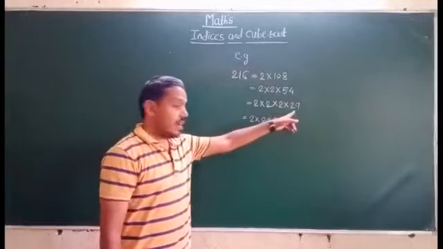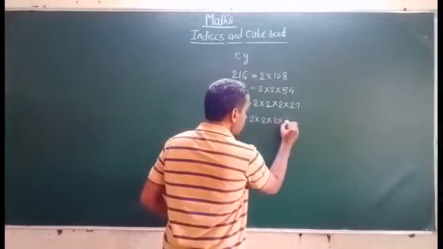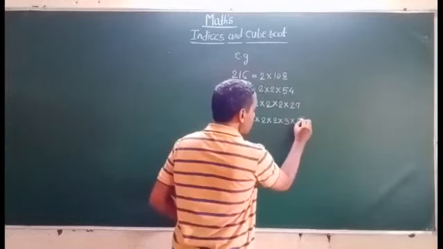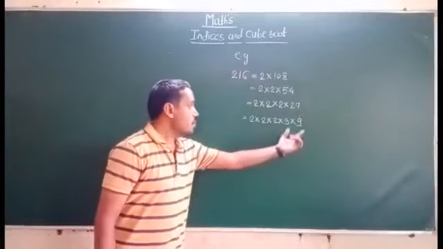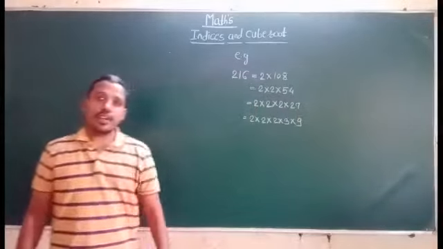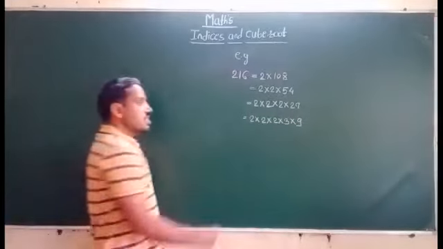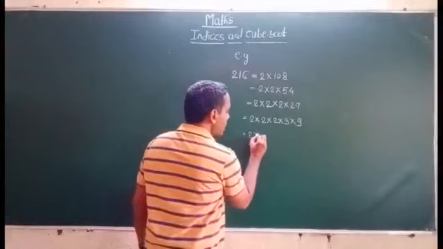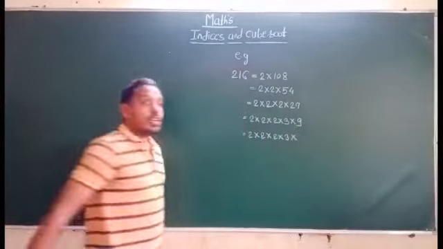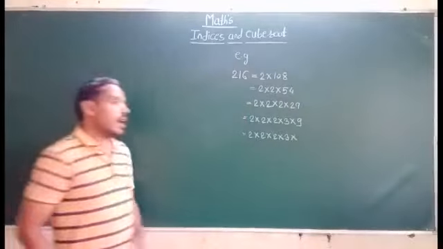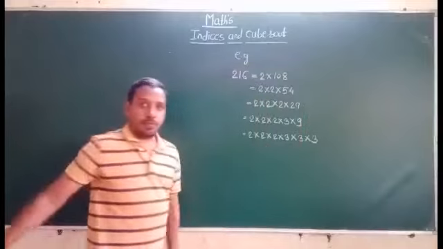Then is 27 divisible by 3? Yes, 27 is divisible by 3. And we split up 27 in a two-number product form: 3 nines are 27. We get 9. 9 is again a composite number, and we again write down 9 in a two-prime-number product form, and then we get 3 3s are 9.